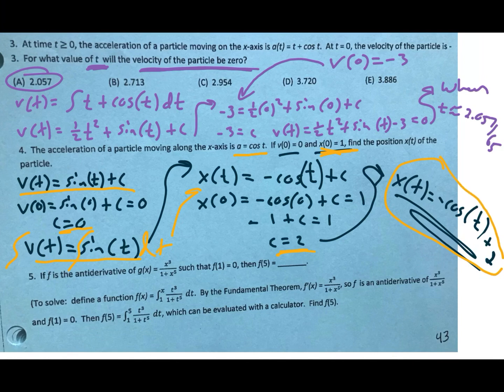For number 5, we're finding the antiderivative, or f is the antiderivative of g of x, given f of 1 equals 0. I'm looking for f of 5, and then you're given that hint to find the function as the integral. Use the fundamental theorem of calculus. So that basically says we're going to let f of x equal the integral from 1 to x of t cubed over 1 plus t to the 5th dt. Then f of 5 is going to equal the integral from 1 to 5 of t cubed over 1 plus t to the 5th dt, and that's going to be about